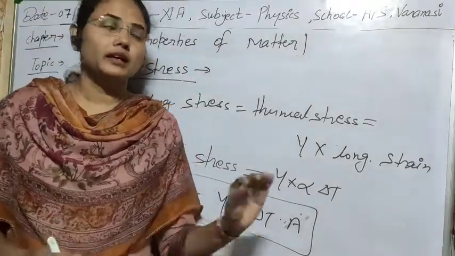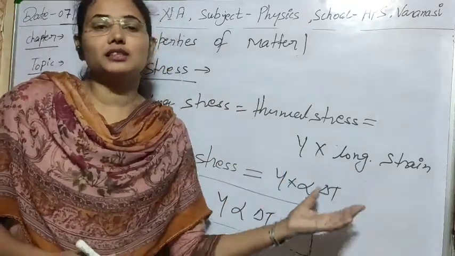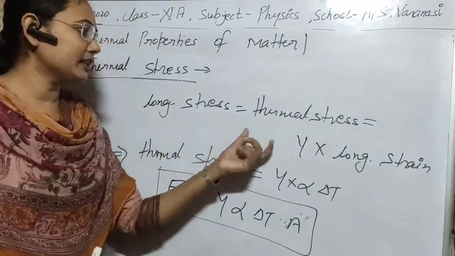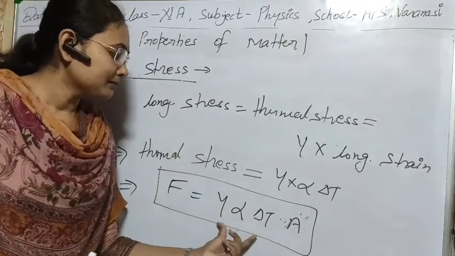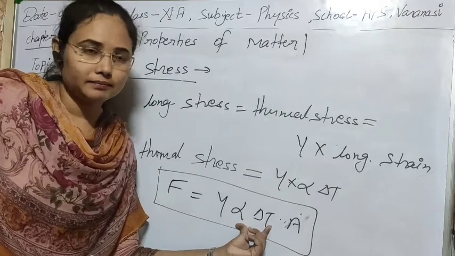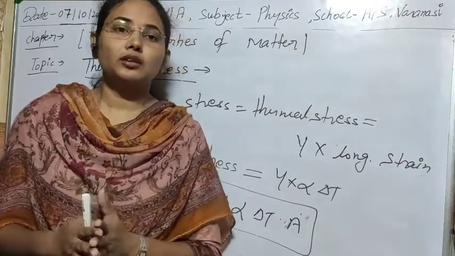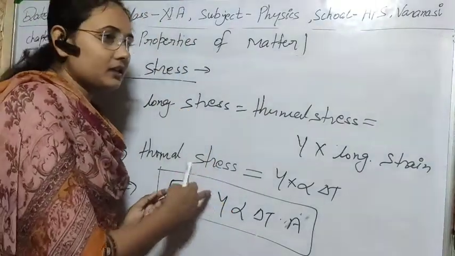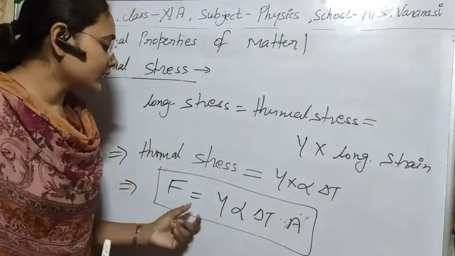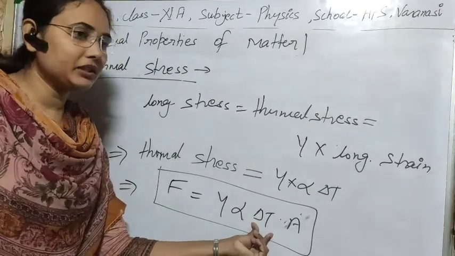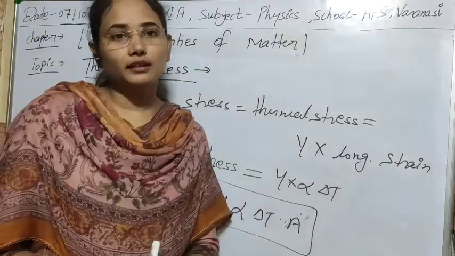It's nothing but this term I have told you, because we are using heat energy and changing temperature, so in that case the longitudinal stress can be written as thermal stress, and its value can be obtained in terms of alpha and delta T. Meaning if we know the coefficient of linear expansion for a particular material and the value of the Young modulus of elasticity for the material, then we can easily calculate, for a particular change in temperature and fixed area, the deforming force applied for the change in length.